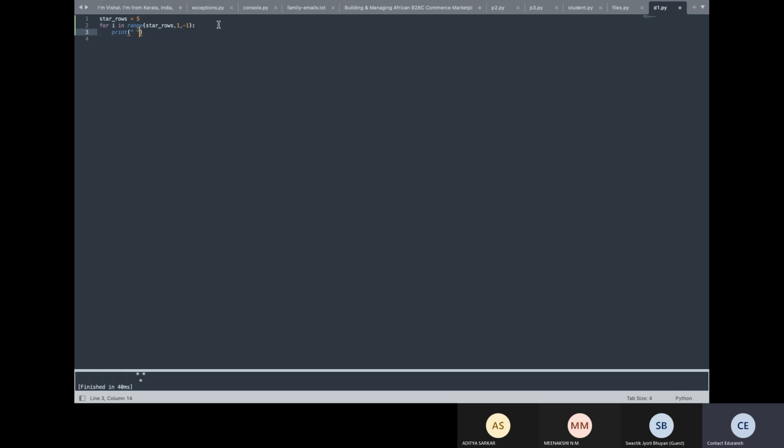Now in the first diamond, if I have to print, what should I do? I have to keep giving spaces, like 1 space, 2 spaces, 3 spaces, 4 spaces, and then print a star. And then eventually 1 space, 2 spaces, 3 spaces, and then 2 stars, right? Something like this. And then 1 space, 2 spaces, and then stars like this.